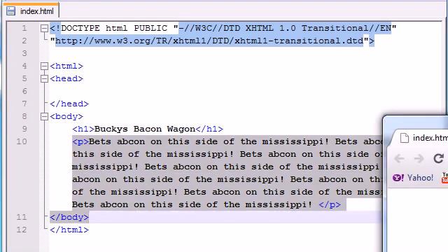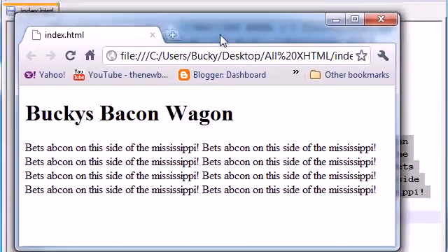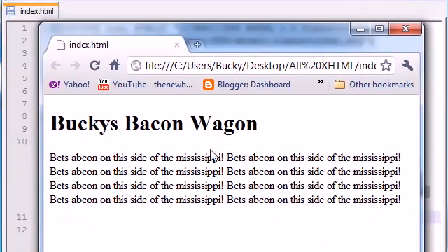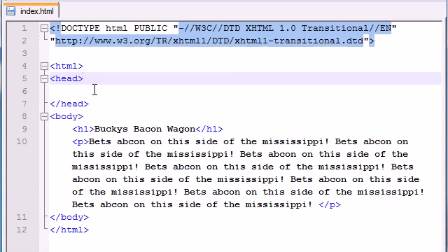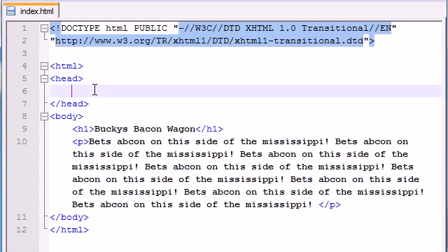If you save that and look at it right now, here is what we have. But this website, although the idea is good, a bacon wagon sounds like a pretty good idea, needs some work. So let's change the color of this and also make this a little more readable. What I want to do first is add that style sheet that we talked about last time. So style equals, or excuse me, I'm getting ahead of myself, type equals text slash CSS, and remember